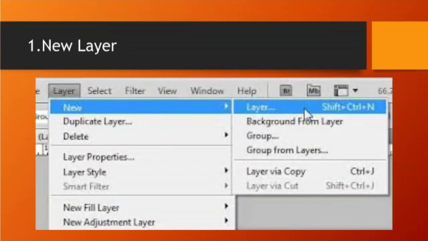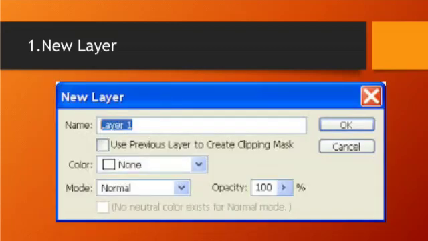In this method, we can create some workspace to work with a layer on an existing image. So we open the image, then click on the Layer menu, then click on New, and select the Layer option. Automatically it displays the New Layer dialog box. Here the New Layer dialog box has the name of the layer, color option, mode option, OK and Cancel buttons, and opacity also.